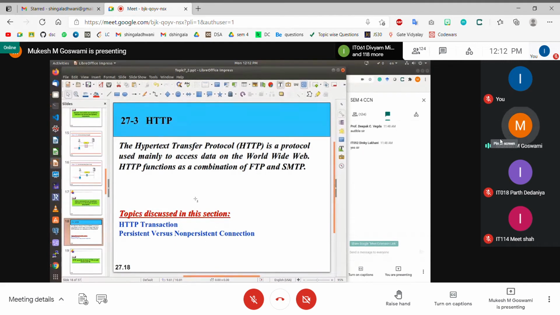Now let us try to dive deep into the HTTP protocol itself. What is the structure of the HTTP protocol? What kind of messages are exchanged in the HTTP protocol? Because HTTP is a network protocol, and it is working in a client server mode. So there is an HTTP client, which is the browser, and there is an HTTP server, which is your web server. And there is a communication going on between the HTTP client and the HTTP server. So how is this communication happening? What is the structure of the message format? Let us try to look at all this.